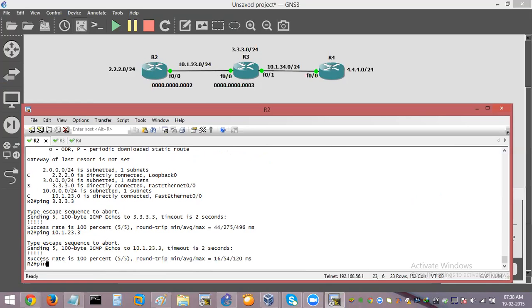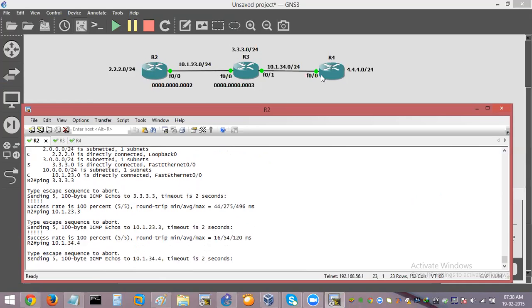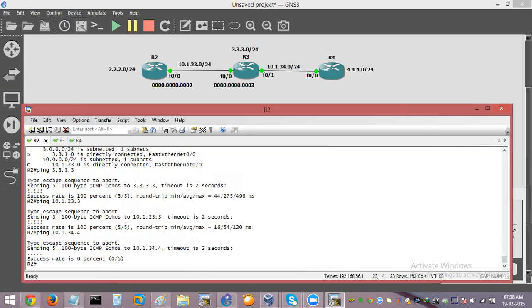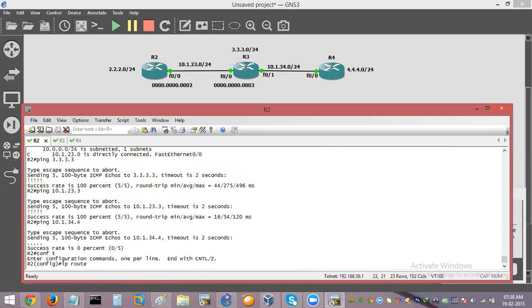That's my direct link. R2 still cannot ping 34.4, which is this link. Okay, 23.3 is directly connected, so I'm able to ping, but R2 still cannot ping 10.1.34.4 because R2 has no idea about it. So if I want to do that, I can just go to the global configuration mode again. I can say